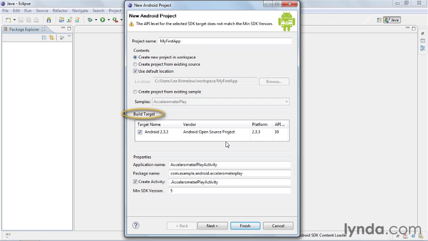So for build target, remember that I told you if you had the time to download all of the SDK versions. Now, I only downloaded the Gingerbread version, so obviously I'm going to check that off. It's the only one I have. But generally speaking, the way we